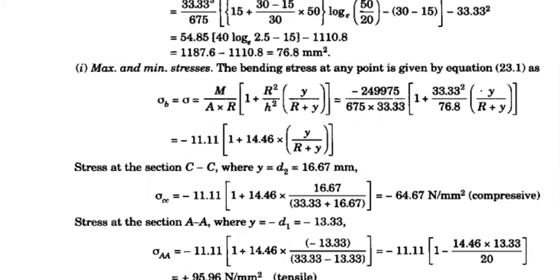Please first note down the formula, then substitution is a secondary thing. First write down the formula; it is very important. In the examination also, this is the easiest procedure. I think there is no difficulty in this problem, especially because you have only two formulas: one is the h square value and the second is the maximum and minimum stress. If you know the maximum stress value, the minimum stress is quite the opposite, so there is no need to remember both. If you remember the maximum stress value, that is sufficient. But the thing is, writing down the correct formula leads to exact answers.